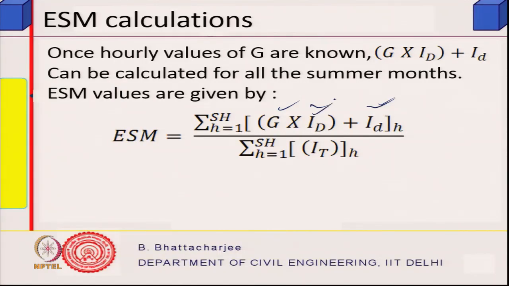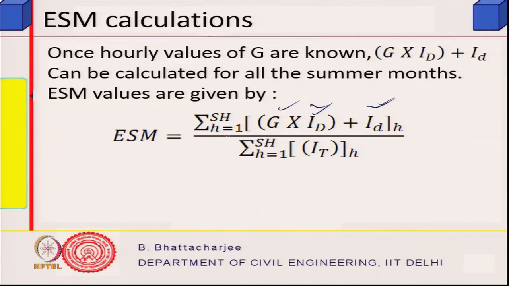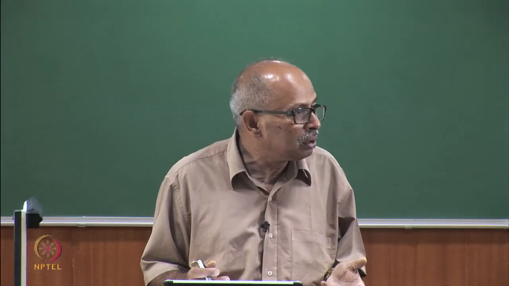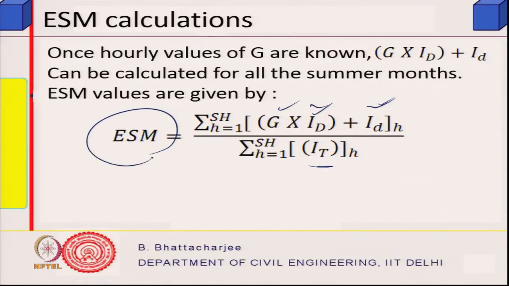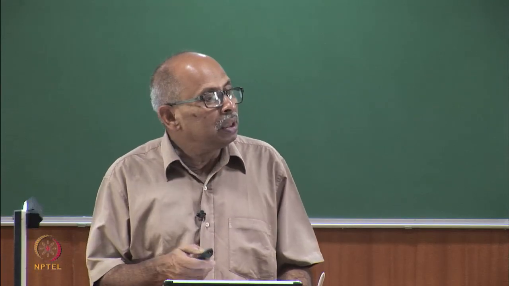Beam radiation, which is global minus diffuse, we talked about that sometime earlier. So this we can do, and we can do it from hour 1 to all the hours and sum it up, and the total received onto the surface, if there was no shading, that I can find out. So this is called external shading multipliers, and the other ones we looked into the other day, you can calculate using the same procedure. So this was for